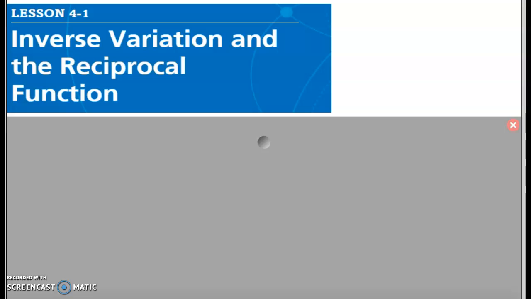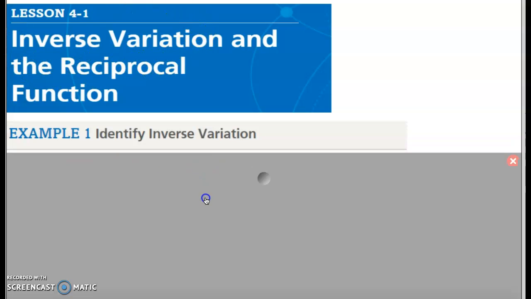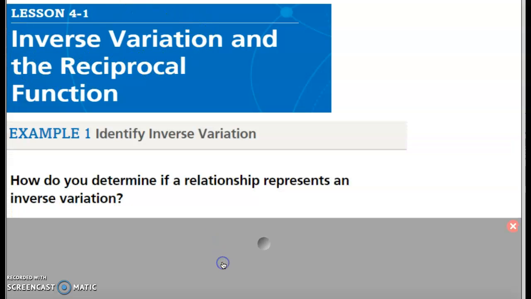Hi guys, so this is the lesson that starts our chapter 4, which is all about the reciprocal function. So this is lesson 4.1. It's called the inverse variation and the reciprocal function. Today, this lesson is just going to work on inverse variation. So what comes to mind when you hear the word inverse? Okay, inverse should sound like something like opposite,